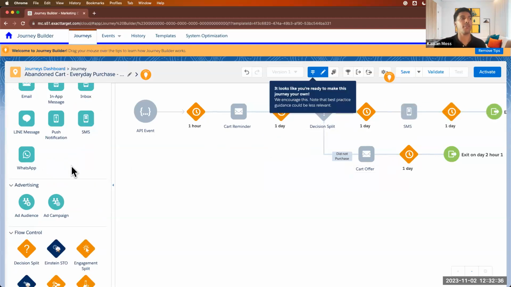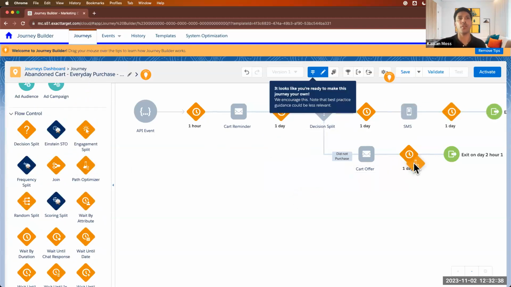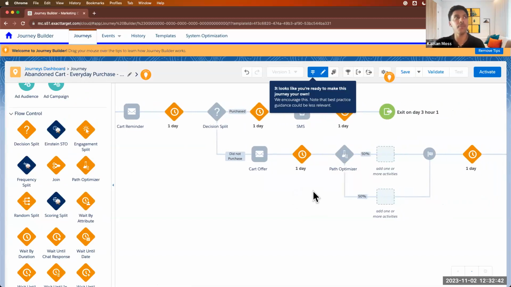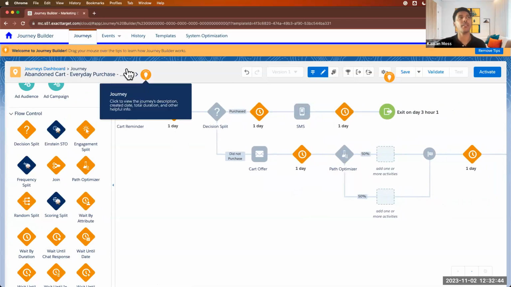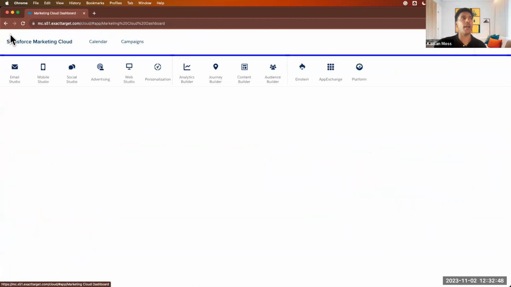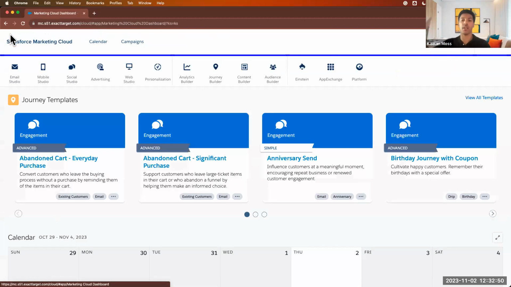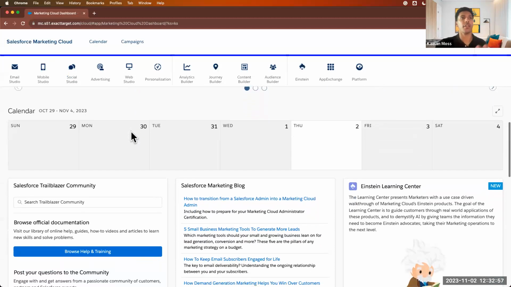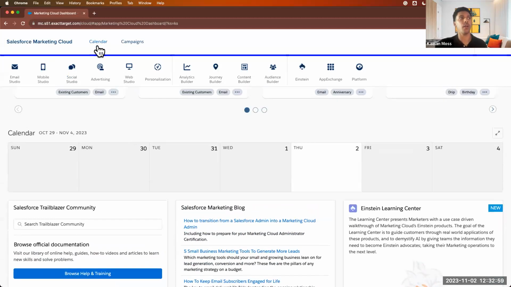You just literally drag it from the left and drop things over on the right. So depending on the scenario, you just add in what's needed. And that is automation. That is Journey Builder. Sorry, that's Journey Builder. So I took you right over to Journey Builder, which is towards the automation piece. But as you can see, that's sort of what you get right there. And then you've got your calendar, which we see up here as well.